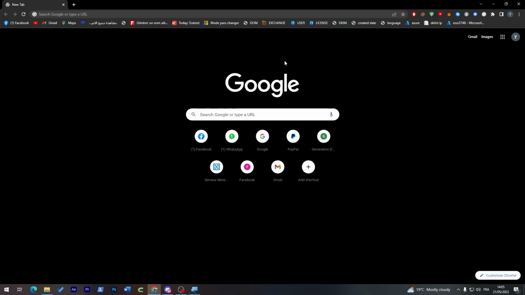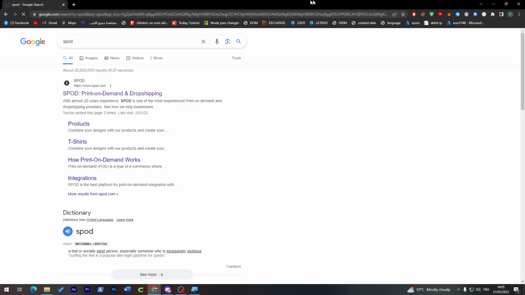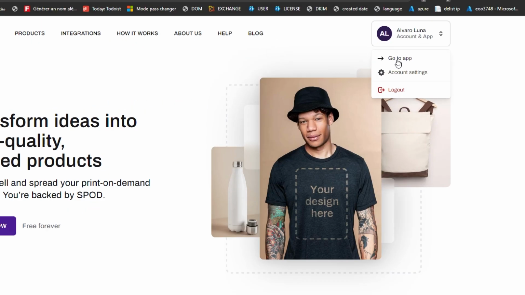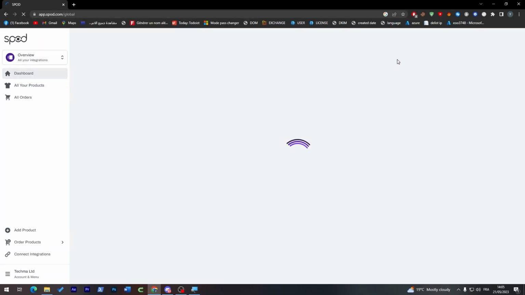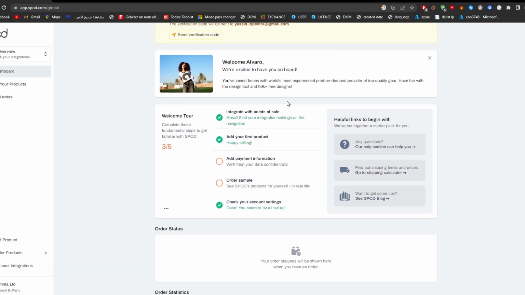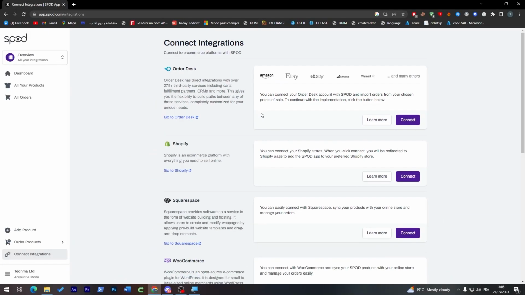The first thing that I will need you guys to do is simply go to your account on Spot. So here we go, Spot, and here we go. We are now on our website. Click on Go to App through here, and then all we're going to do is do an integration. How can we do that? Simply by clicking on Integrate with Point of Sale,